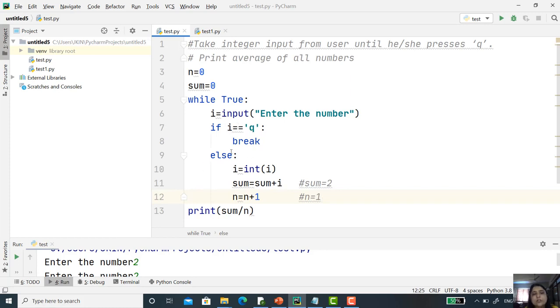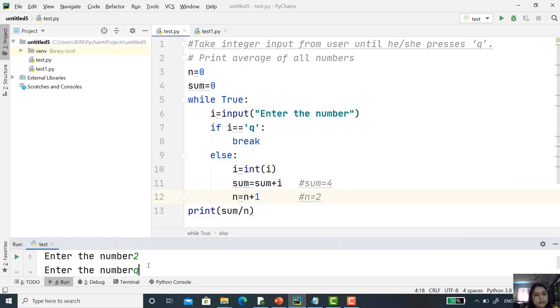So the body of else will execute. Here 2 is converted into an integer. Now sum is 2 plus 2, 4. And initially n is 1, so 1 plus 1, 2. Now I enter Q. It will check, Q is equal to Q. Yes.